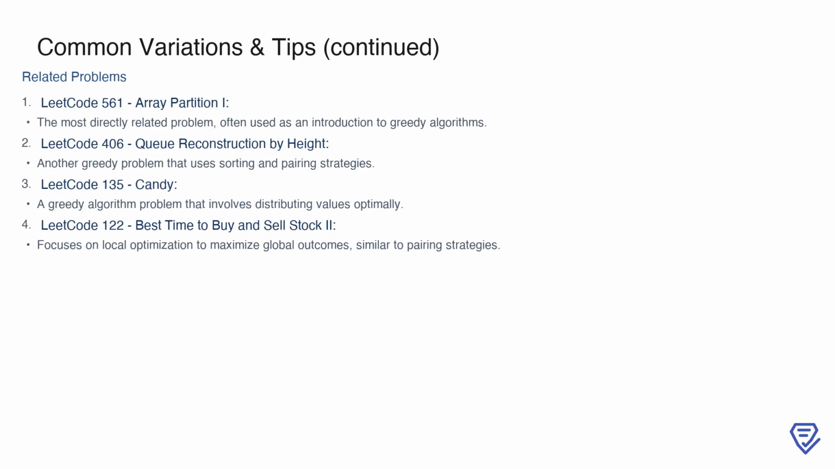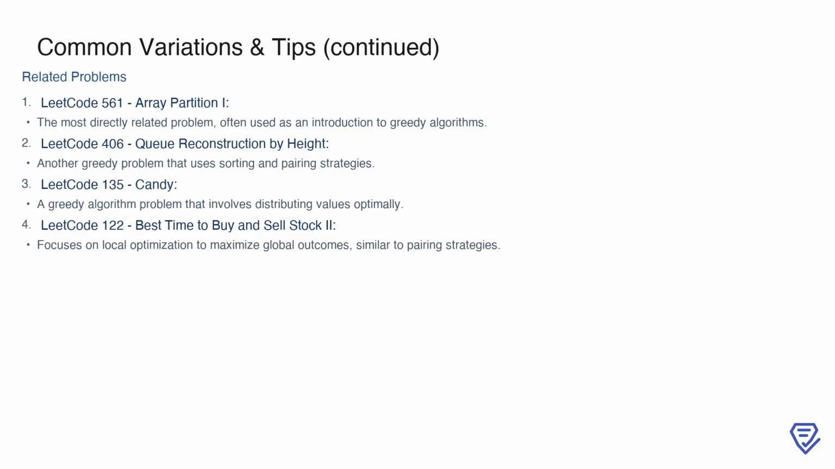This problem also has connections to several related problems that showcase similar techniques. For instance, LeetCode 561, the array partition I problem itself, is a classic introduction to greedy algorithms. LeetCode 406, queue reconstruction by height, is another greedy problem that involves sorting and pairing strategies but applies them in a more complex context. LeetCode 135, Candy, is another great example, where the goal is to distribute values optimally based